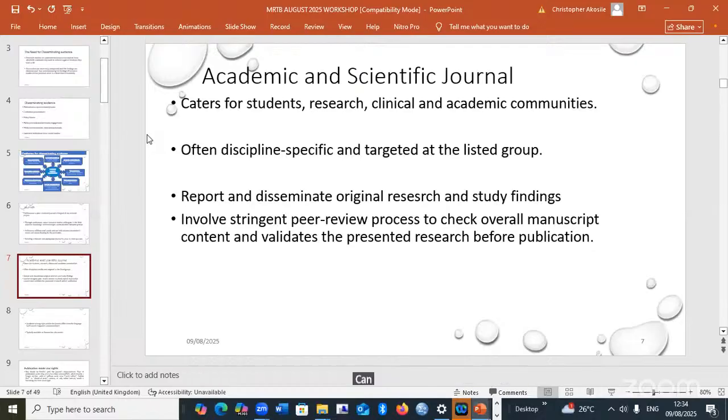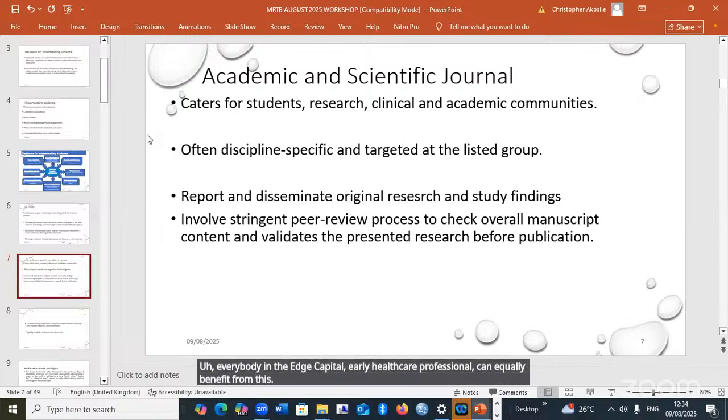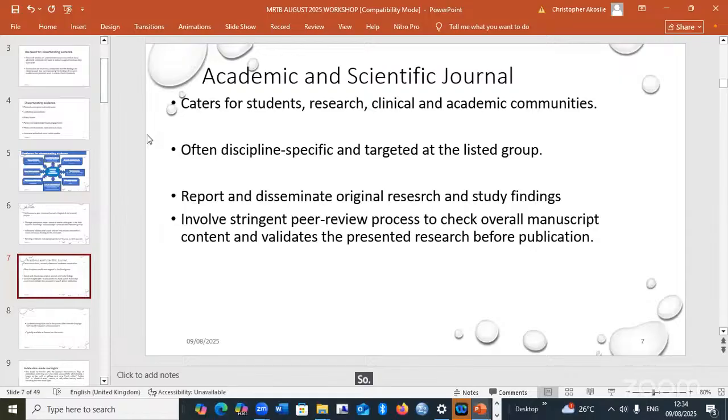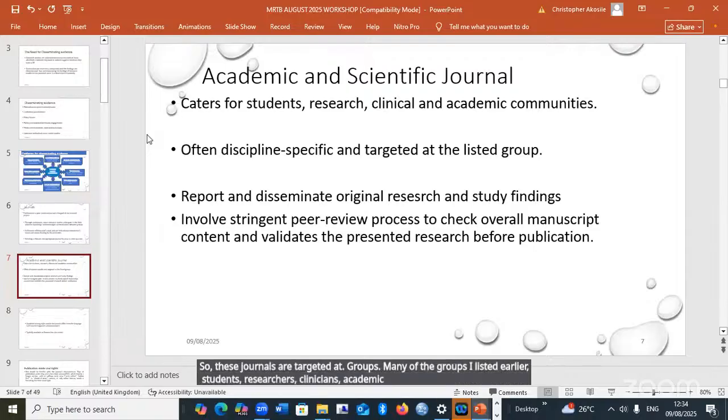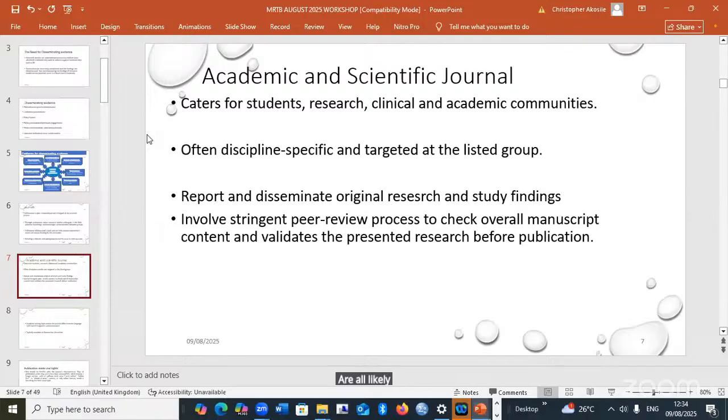Or it can be an all health science journal, in which case everybody in the healthcare professions can equally benefit from it. So these journals are targeted at groups, and many of the groups I listed earlier, students, researchers, clinicians, academic communities, are all likely groups that will benefit from the information from the journal.